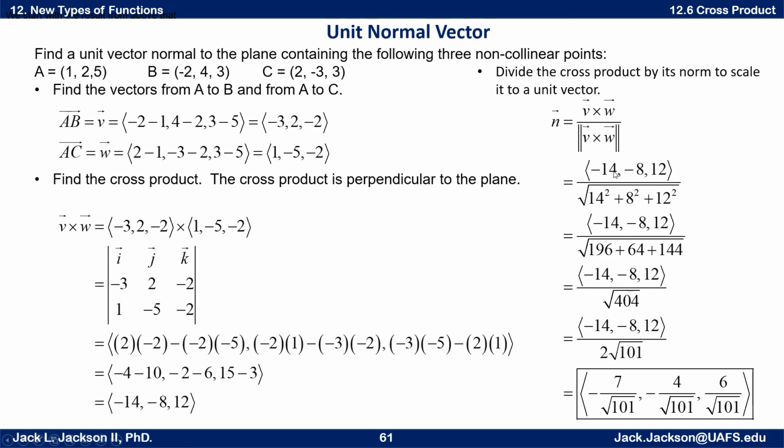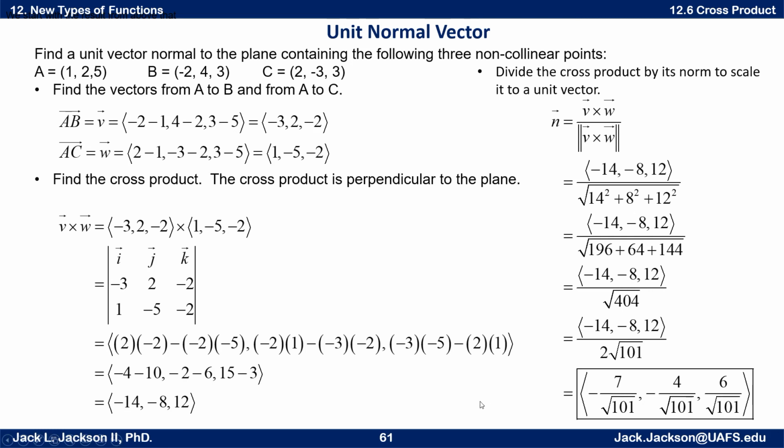So the norm of this would be, well, might as well drop the negatives. 14 squared, same as -14 squared, 8 squared, and 12 squared add up in a square root. So those squares are 196, 64, and 144 for a total of 404. I can factor a 4 out, so we get the square root of 4 is 2, and then you're left with the square root of 101. Distribute that, the 2 cancels this down to a -7, a -4, and a 6, and they all have the denominator of square root of 101. And so that is